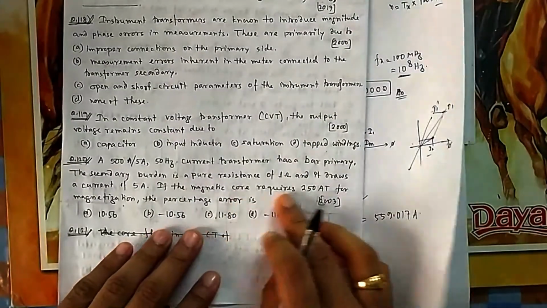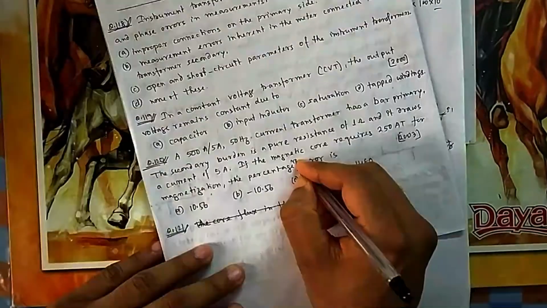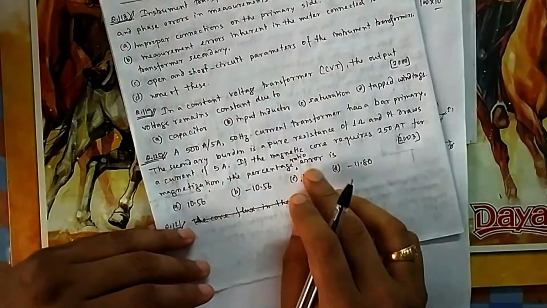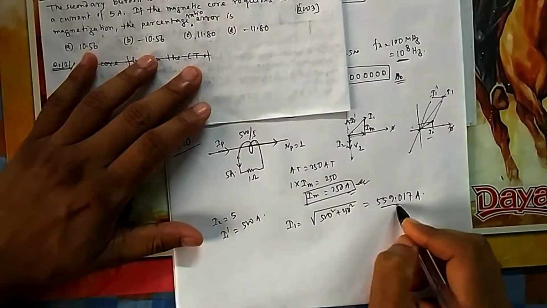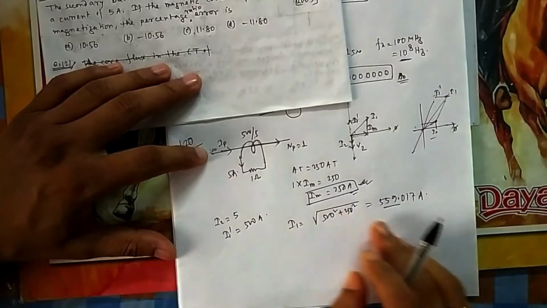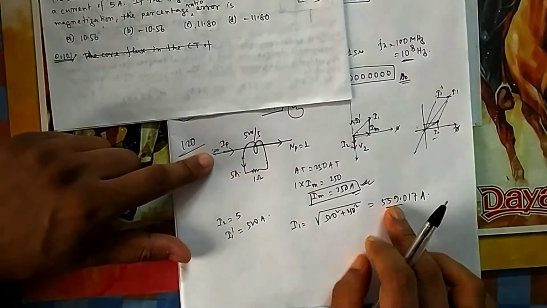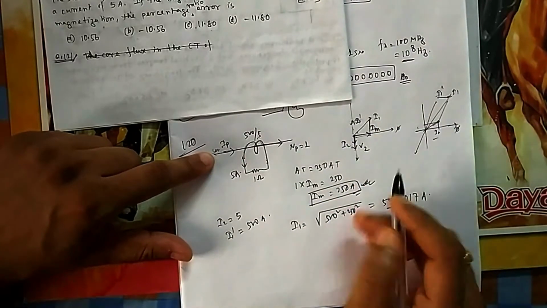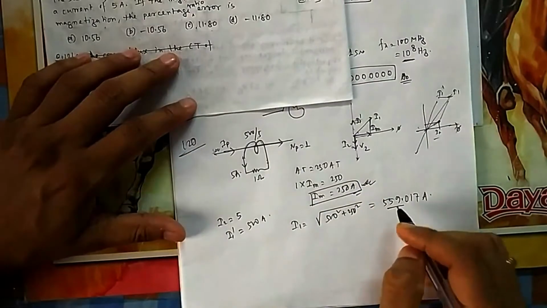So what should be your actual ratio? What they are asking, the magnetic core for the percentage error, that is the percentage ratio error actually. This should be percentage ratio error. Kindly modify it. So what is the actual ratio? It should be this divided by 5. That is the actual ratio. 500 by 5 means if you give 500, it is 5. But here if you give 559, then only you are getting 5, because 59 you can think is going for magnetization, because it is a vector, so 250 is going. You can think of it in that way.